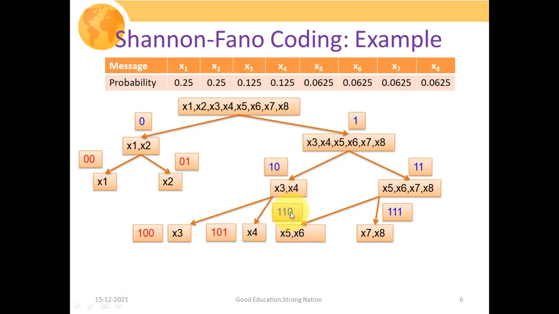And then for one subset we have used this 0, and for another subset we have used this 1. Then further again we have to apply the same process, that is x5 and x6. Again this particular subset we are going to subdivide into two symbols, that is x5 and x6, and the probabilities are equal. And similarly x7 and x8 also we have divided into two parts. Then again we have to use the same process, or you could say the method of assignment of code or bits associated with these subsets.